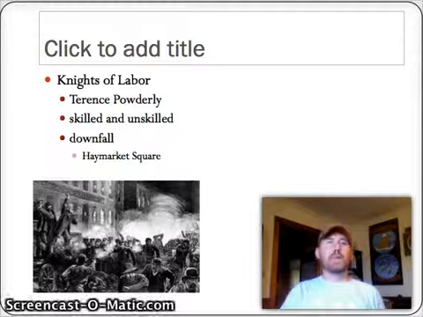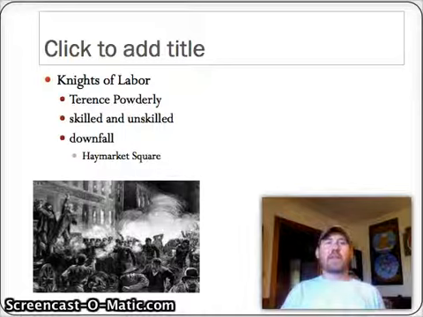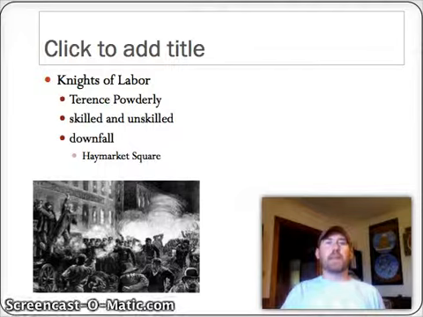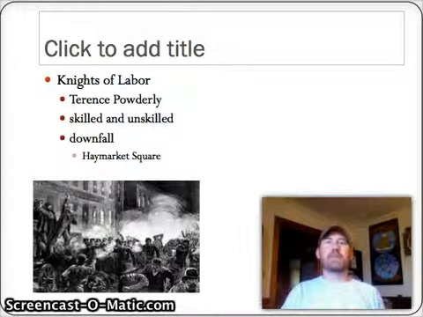Now, they get rolling pretty well, but then eventually they kind of fade from view because of an event called the Haymarket Square Riot, which involved some violence. Obviously, from the word riot, you can tell that it was not a good incident. It didn't reflect well on the Knights of Labor. Even though they weren't really a part of it, they were all kind of seen as being the same. So they were associated with this event, and public support and membership goes down from this, and it kind of leads to the demise of it.